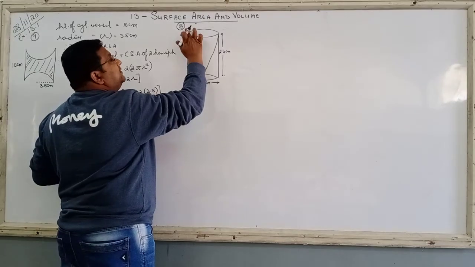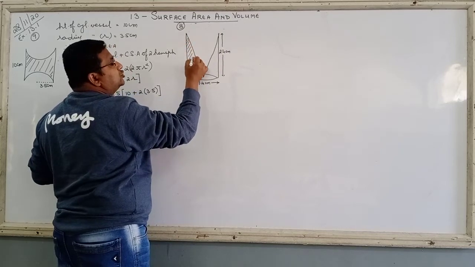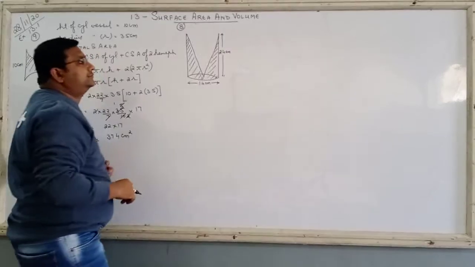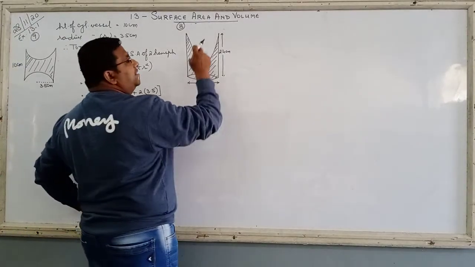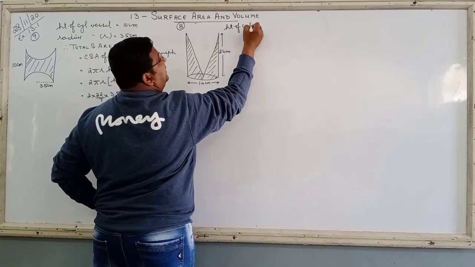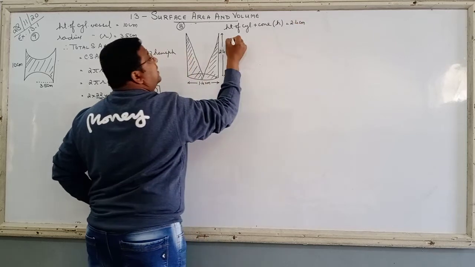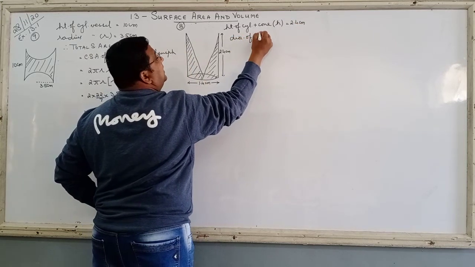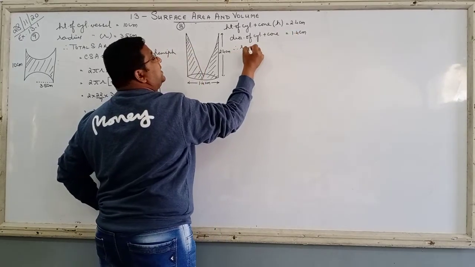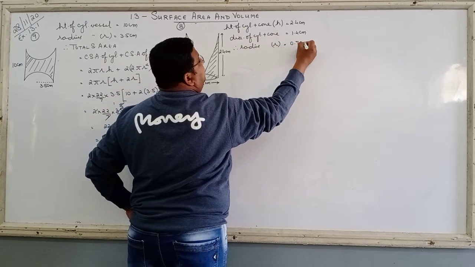If we take away this surface, it will disappear. Yes or no? And this will be the shape of the solid cylinder that will be available to us. So what do we have? We have the height of cylinder and cone, h equals 2.4 centimeter, and diameter of cylinder and cone equals 1.4 centimeter. Therefore radius, since it is divisible by 2, 1.4 by 2, that is 0.7 centimeter.